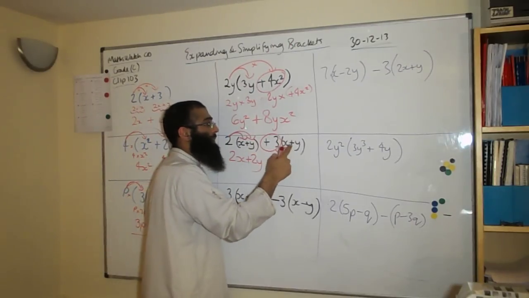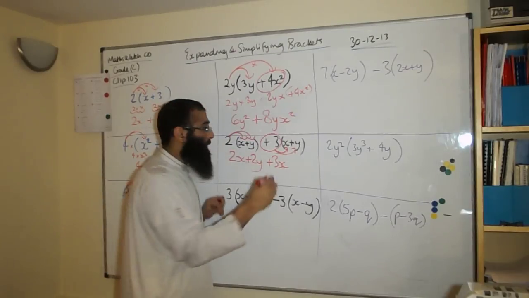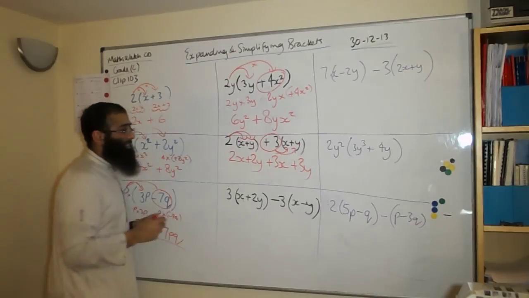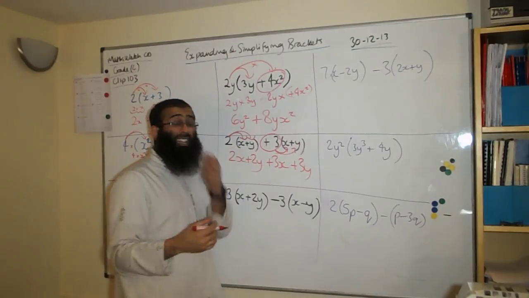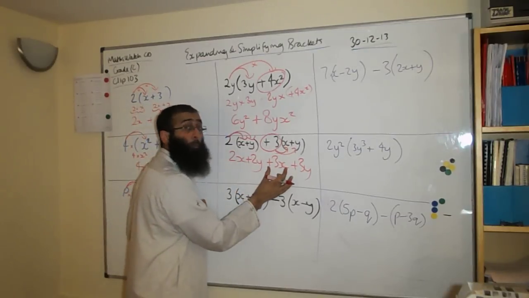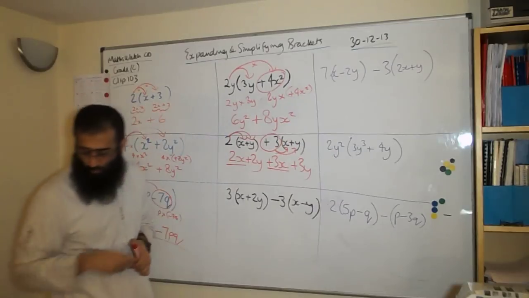Plus 3 times by plus y will give us plus 3y. And in this particular instance, we can do another step of the calculation, which is simplification. We have 2x and another plus 3x. So 2x add 3x will give us